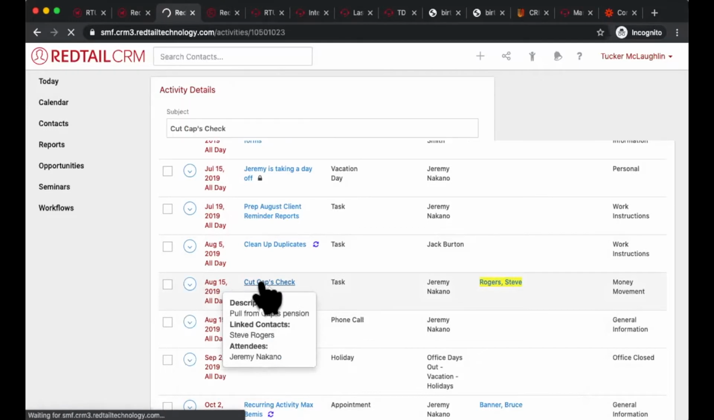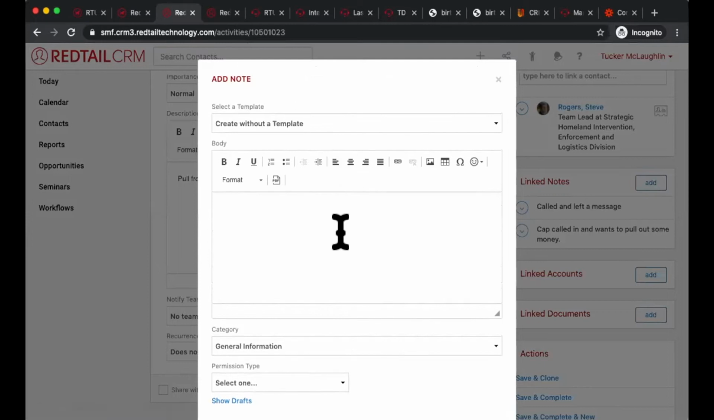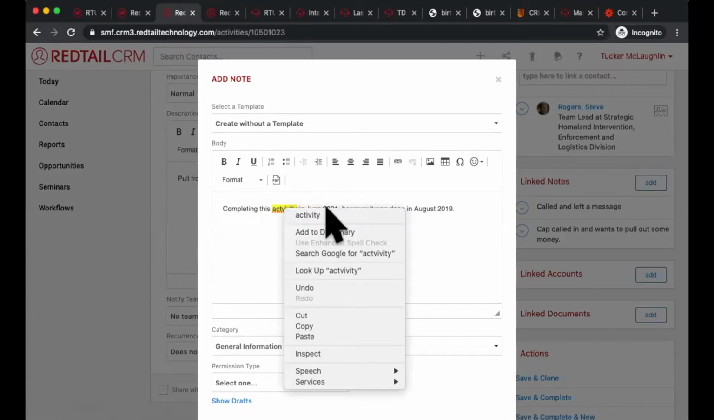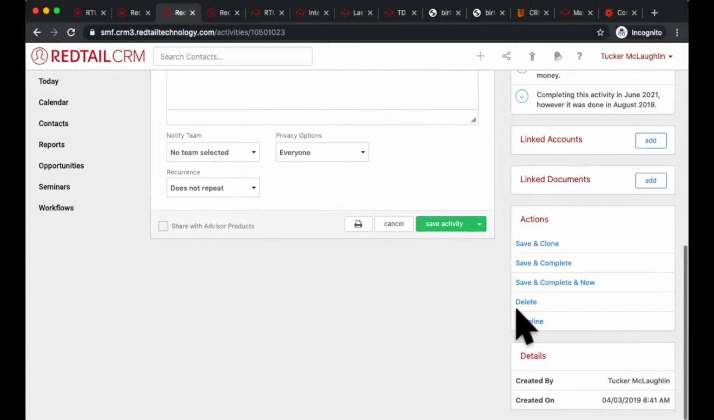So maybe you can consider going into the activity and adding in a link note, just saying, you know, completing this activity in June 2021. However, it was done in August 2019. So you can consider doing something like that, like a manual note add, but still not as good as the real thing. Now I can go ahead and complete this and I can refresh Steve Rogers, and you're going